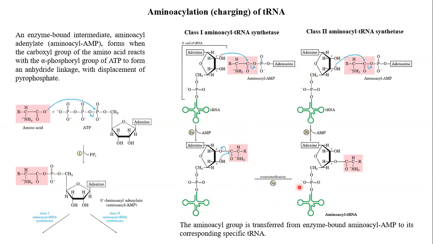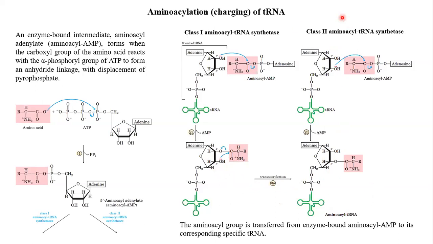A transesterification reaction takes place. It is an additional step in this mechanism where this 3' OH attacks this carbon and the amino acid gets shifted from 2' to 3'. So here is the amino acyl transfer RNA, because the amino acid has to get attached to the 3' end of the transfer RNA and not on the 2'. Okay. So now it has been correctly attached to the 3' end.